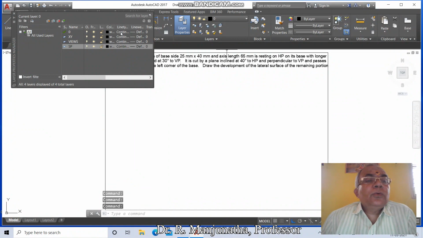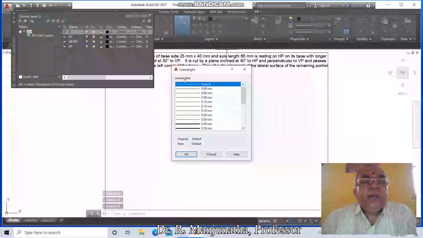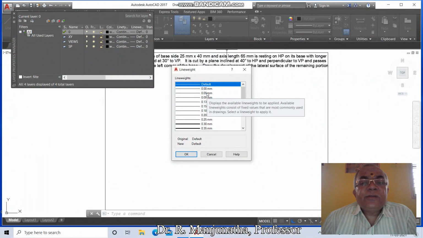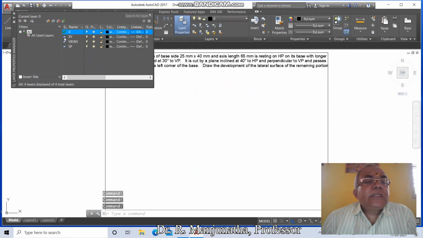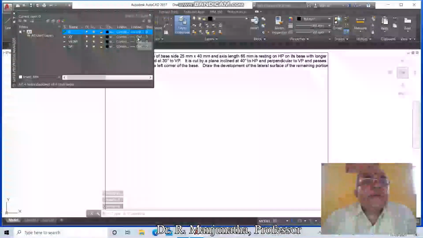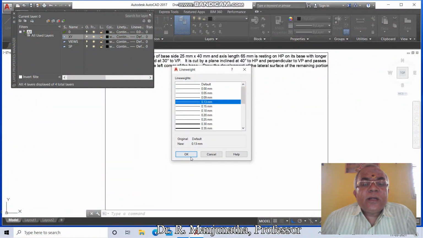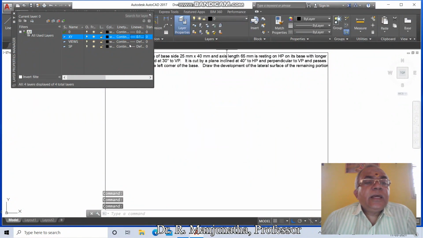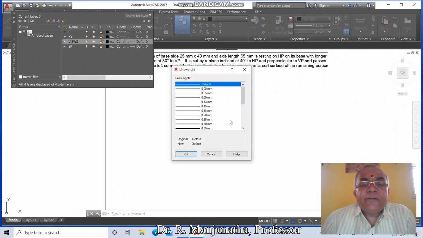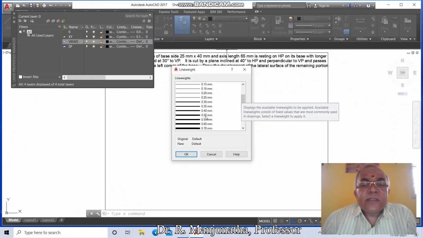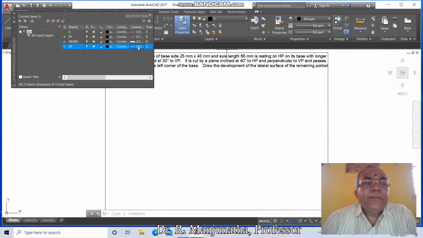Now go to line weight, take the line weight of layer 0 as 0.05 and say OK. Set the line weight of XY as 0.13 and say OK. Set the line weight of views as 0.5 and this as 0.05.